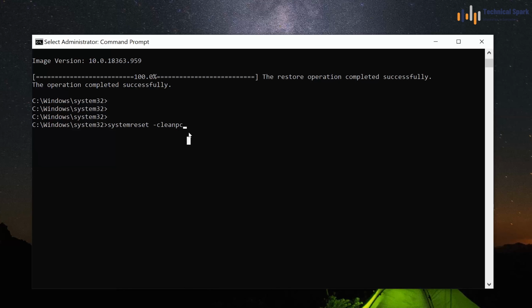Friends, I just wanted to warn you, before running this command, please take all your data backup in some external storage, like your documents, software, movies, music, whatever present in your system. Please take a backup of all those data. And once you are done with the backup process, then click on enter, because this command is cleaning up your PC like a brand new. So there is a chance that some of your data may get deleted. So once everything is done and you are sure to run this command, then only hit enter.